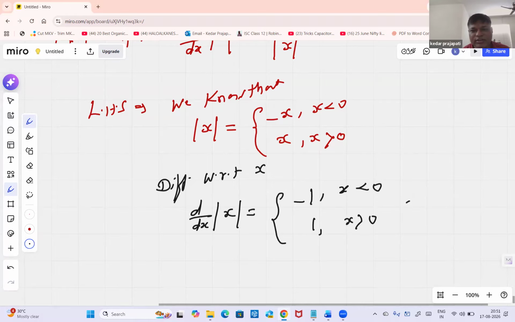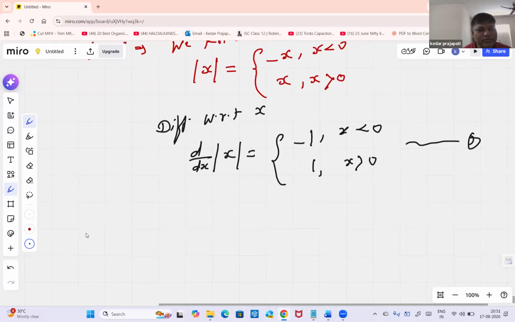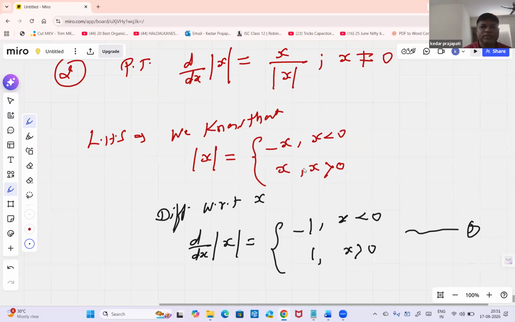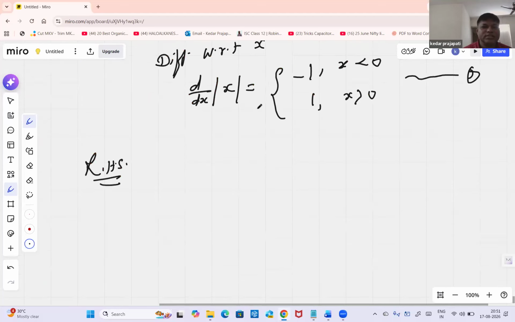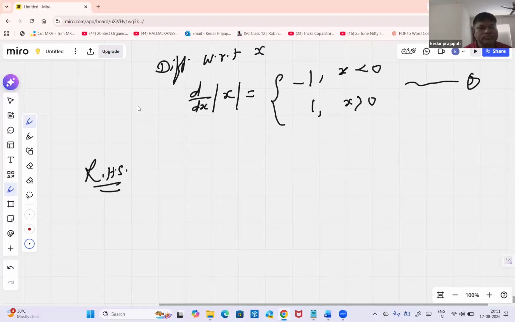This is your equation 1. Okay? This is our LHS. Now RHS also. If somehow we can prove that LHS is equal to RHS, then we are good. Then x by mod x. RHS is x by mod x. How is it defined? x by mod x will be defined as